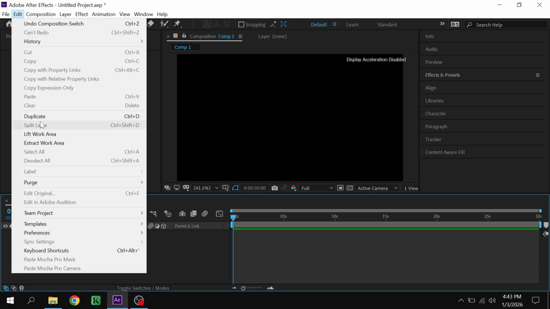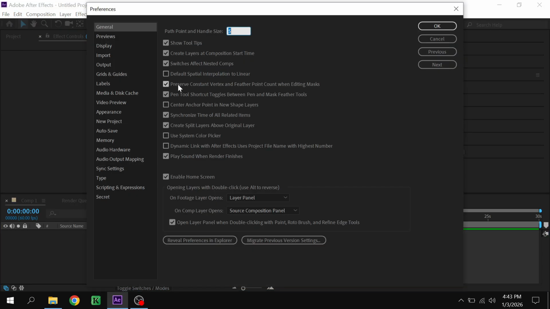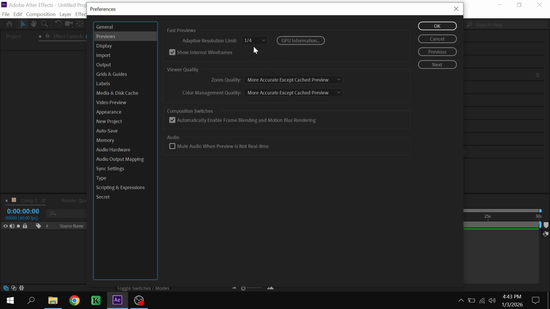Okay, click on this edit button, preferences and general. Actually there is nothing to change in general tab, so let's go into preview section. So here you can change adaptive resolution limit to the lowest value you get, like in my case it's 1:16 or 1/16. Okay, set the zoom quality to faster and color management quality to faster, and then go into display